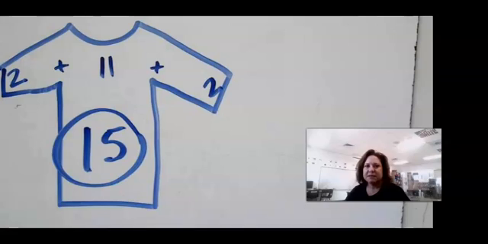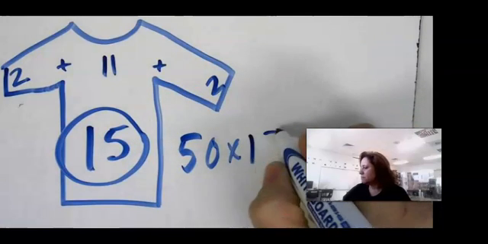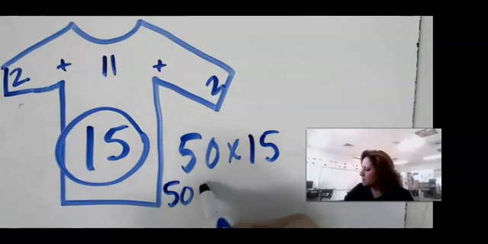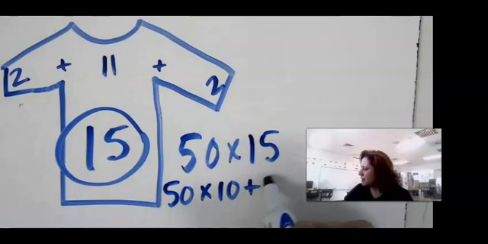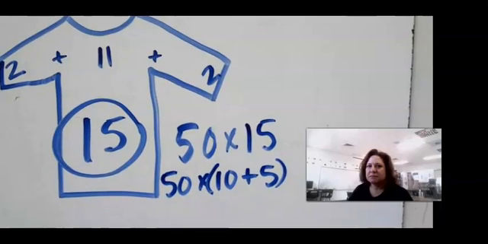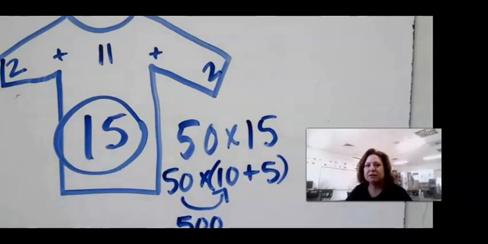And there are 49 blouses. So what I can do is, for my estimate, I'm going to say 50 blouses, 50 times 15. I will break up the 15 into 10 plus 5. Remember how we do this? 50 times 10, or 5 times 1 plus 2 zeros. 5 times 1 is 5 and 2 zeros after it. So 500